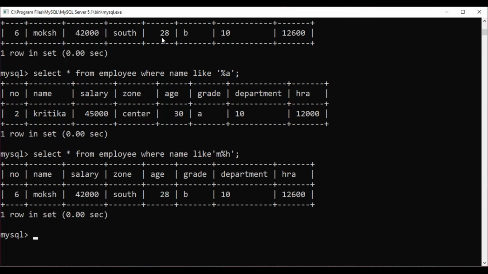Hope this pattern matching is clear. Okay, so percentage will denote any number of characters or any substring, whereas underscore will denote any character, that means a single character, you can keep it in mind. So like is the operator used for pattern matching, and these are the two wildcard symbols. And for the exam it is also asked what is the difference between the two wildcard symbols, percentage and underscore. So you can say that these are the symbols coming under the like operator. This will match with any substring, whereas the other will match with any character, and you can give an example too.